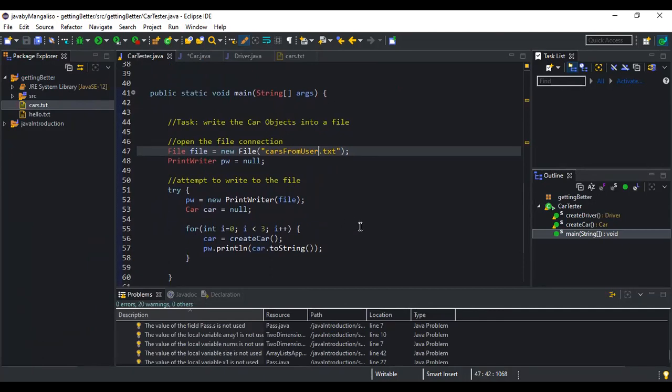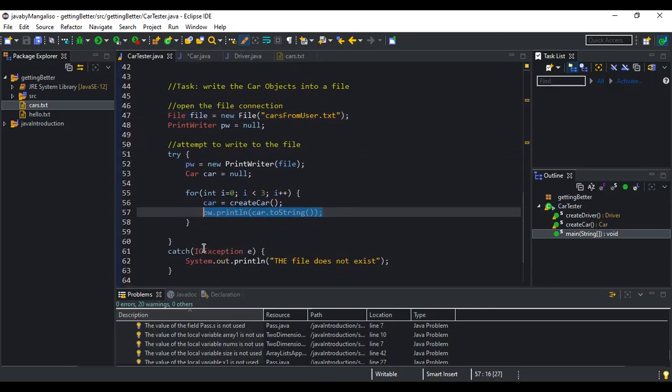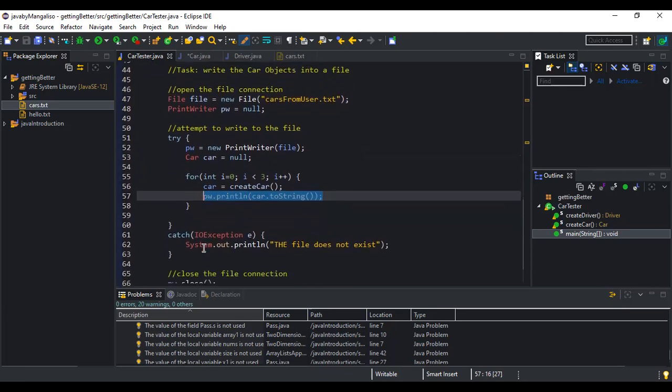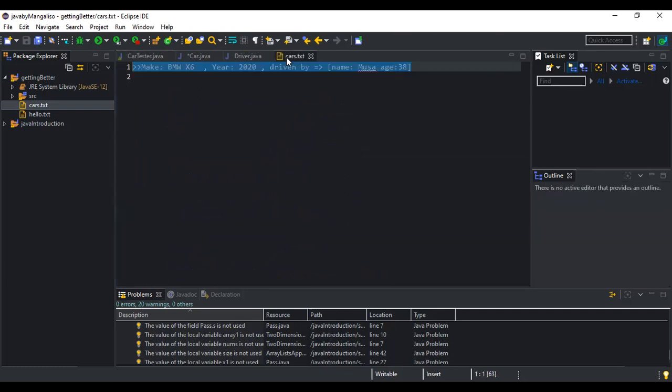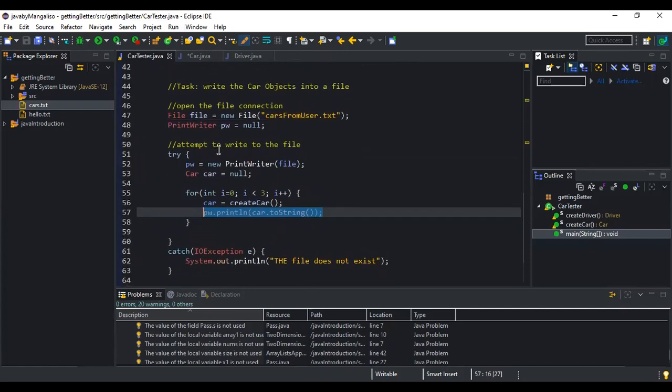And when we are writing to the text file, it is to that text file that the car objects will be written, not the previous text file. So I don't want it to be like this thing has been pre-written. You can even check here, and I can even cut off this, remove it. And then we just run this program. You should notice from this side, the cars from user.txt file will be created. So when I run this now